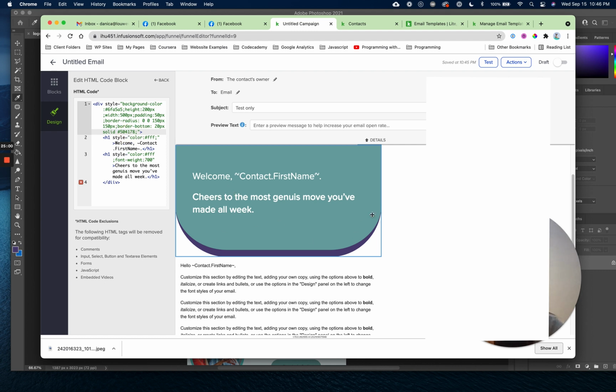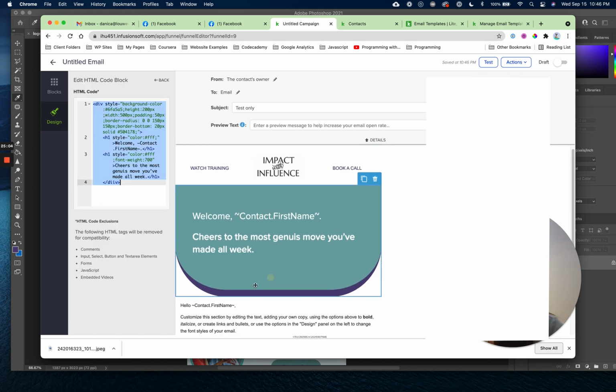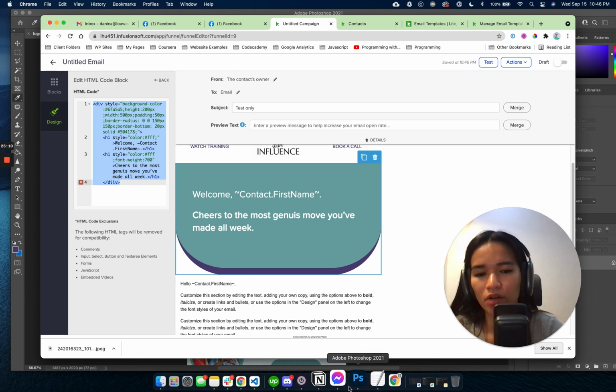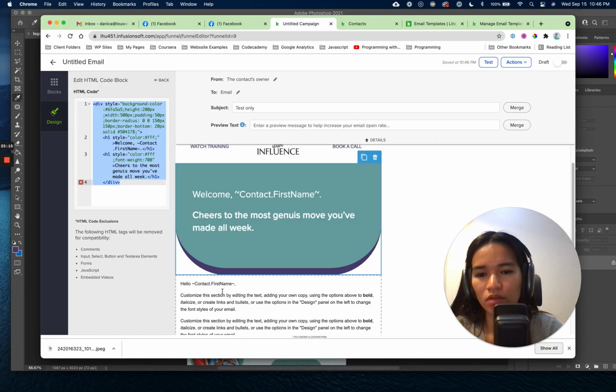Okay. Now the problem here is, as you can see, it doesn't follow the like the original shape on your graphics, or the graphics in here, right? It doesn't follow that. So what we could do is